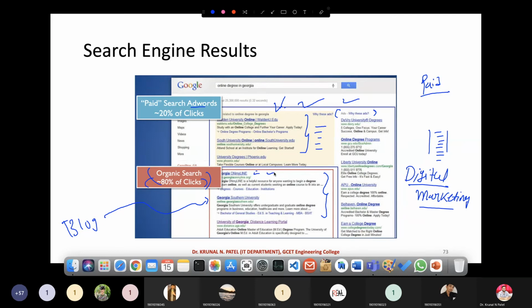Apart from this, there are lots of algorithms running in the background that we don't know about, but this is the general scenario. Based on that, it will put this kind of list in priority: the most frequently visited links related to your search. So these are the two types of search engine results: one is paid, another one is organic search.